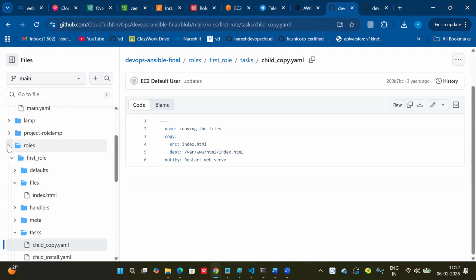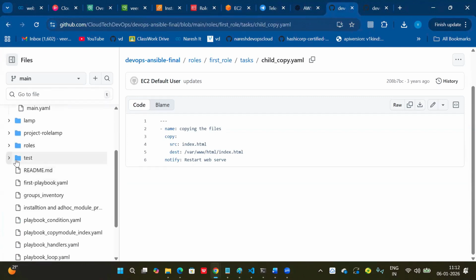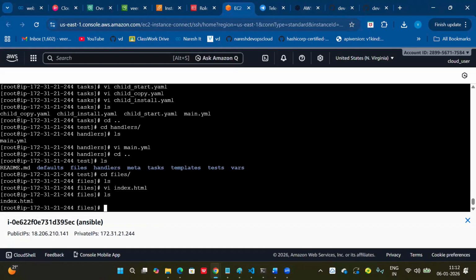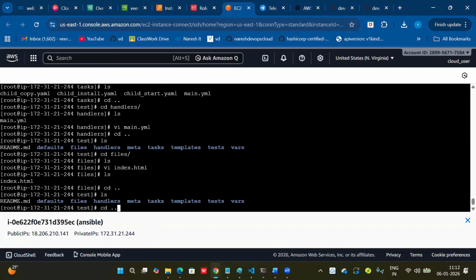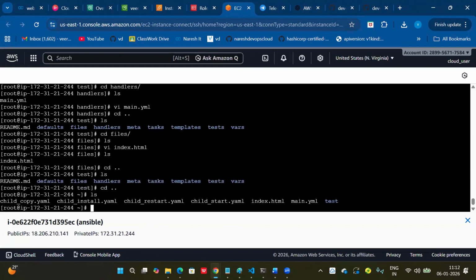Yeah. So now if you want to run this role, what you need to do, for example, guys, let me show you. So this is your role test, right? If you want to execute this role, you should have an Ansible playbook, which only supports YAML files. But this is a folder, right? So what we can do, we can create one YAML file to call this role, call this folder. This is main YAML now, main YAML to manage the roles.